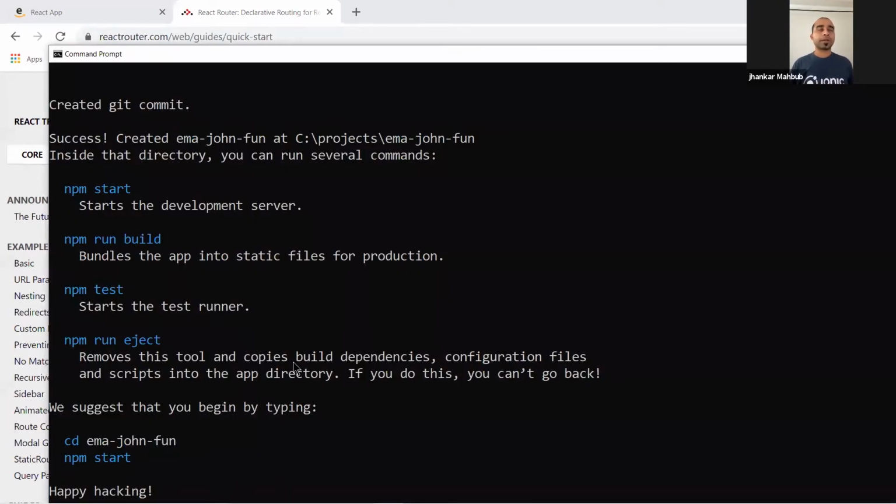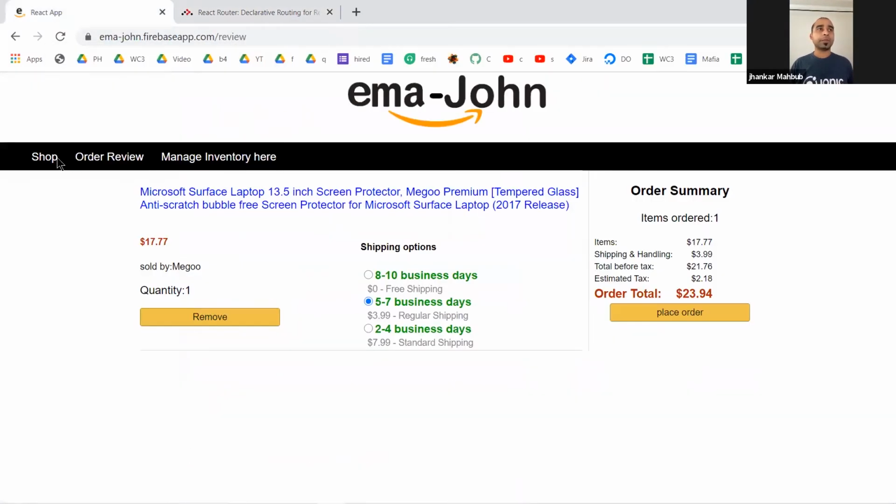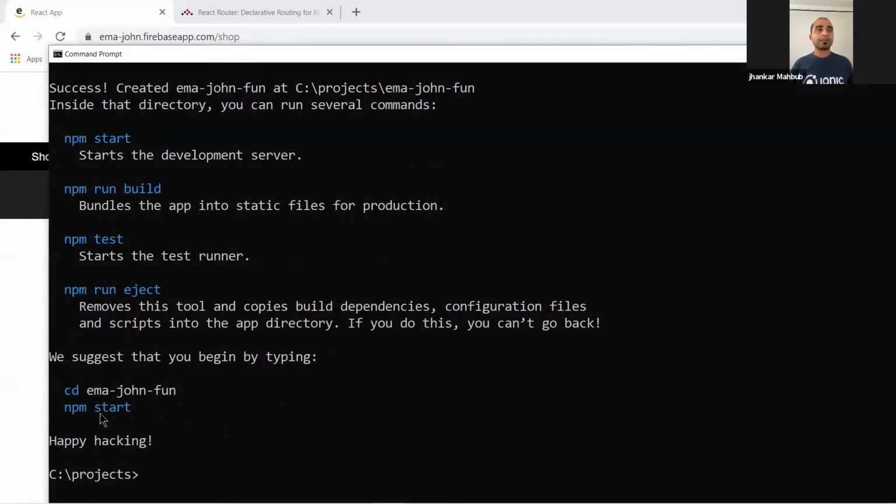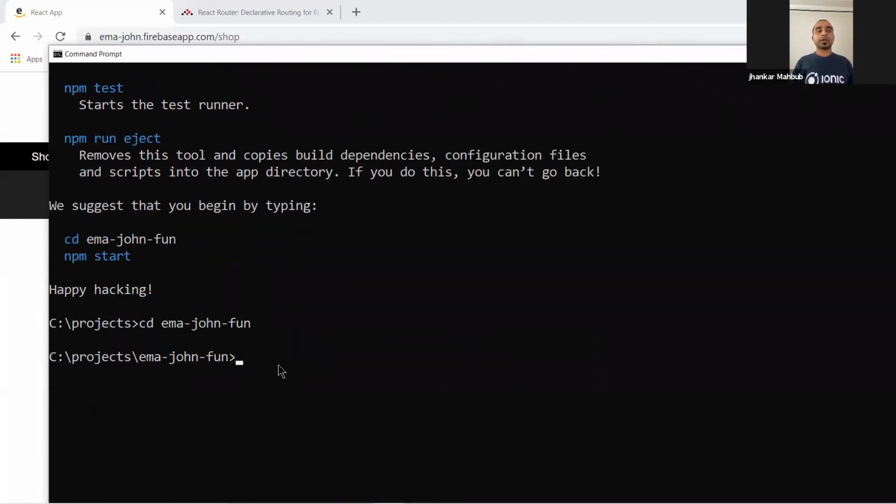But before going to the routing fun, we will be definitely building something close to this one. And we already have this project. So our next step is to go to this path. So we will go to Amazon and then fun. And once we are going there, the first thing we will do is to open our code editor. And that's where we'll type code, then a space and then a dot.